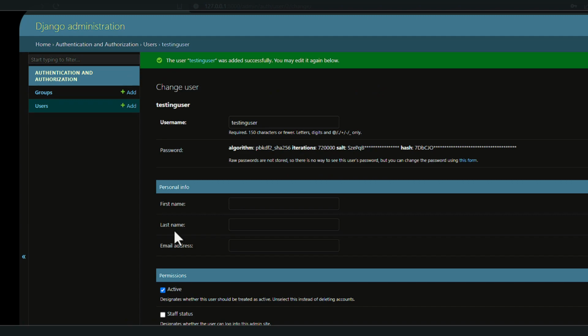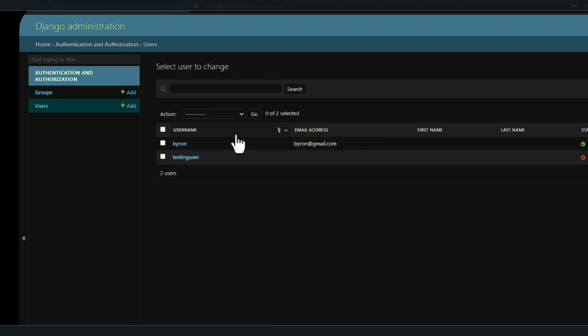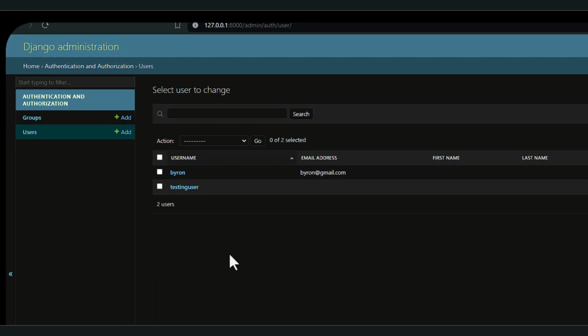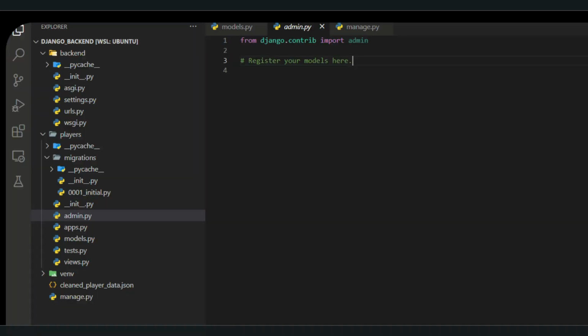That should save it. So if you go back to your user, you'll find that the user has been added. Now we can also do the same for our players database. But as you can see in our listings, our players database hasn't been listed. To register our players database in the admin panel, it's as simple as going to